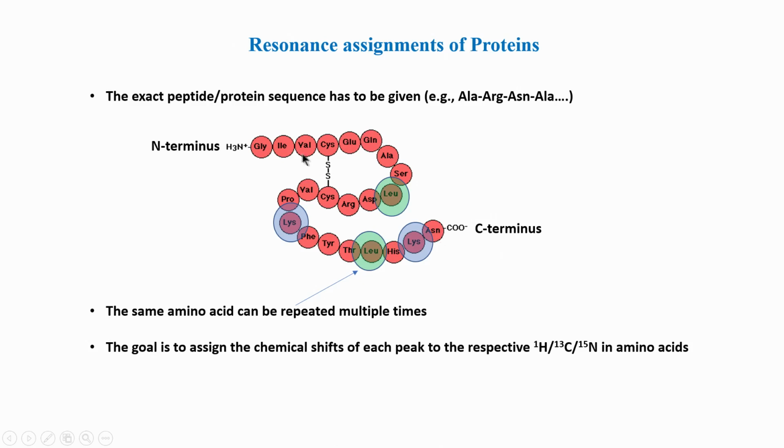So, we should have the information of the order, meaning the sequence; only then can we start working on the project and try to figure out which amino acid, which glycine, leucine and so on, has what chemical shifts. This is one confusion which many beginners in NMR have. They ask the question, why do you need the sequence? But the sequence is needed, as you will see as we go along, to assign the protein.